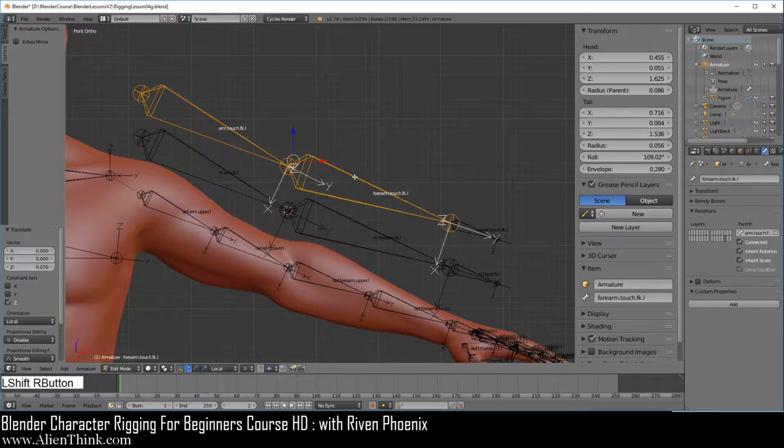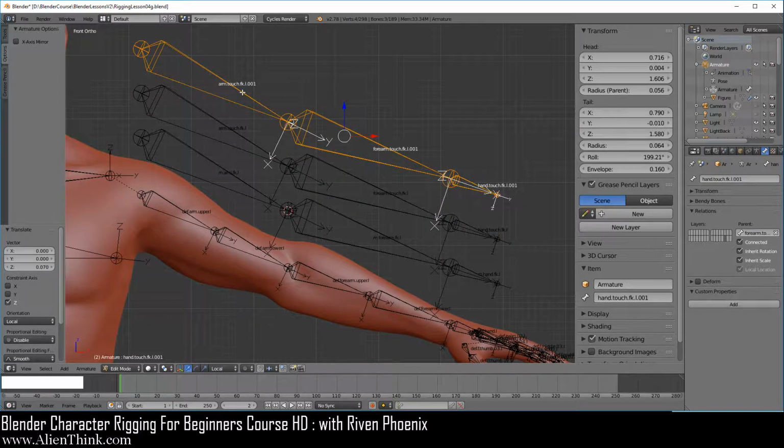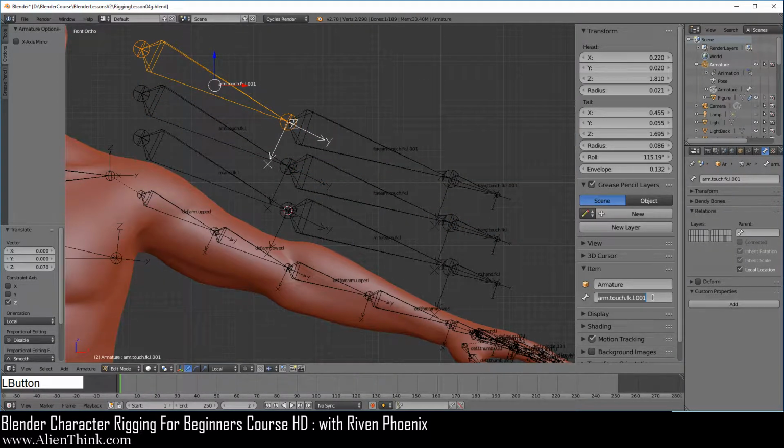So let's just go ahead and duplicate these bones and create the IK versions out of them. So here I'm just going to do shift D to duplicate, right click to cancel, press the control key down, click on this blue arrow and just move these up. So go ahead and click these, and here we're just going to name this